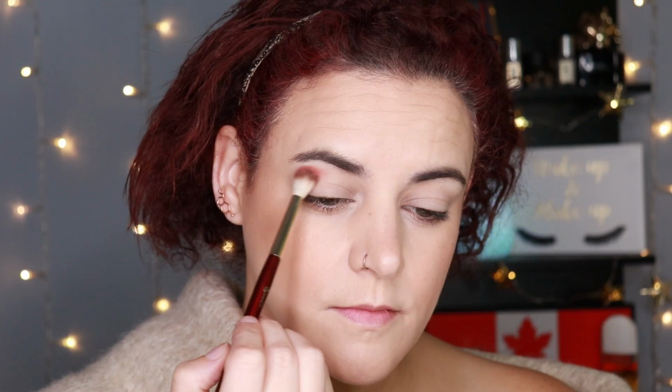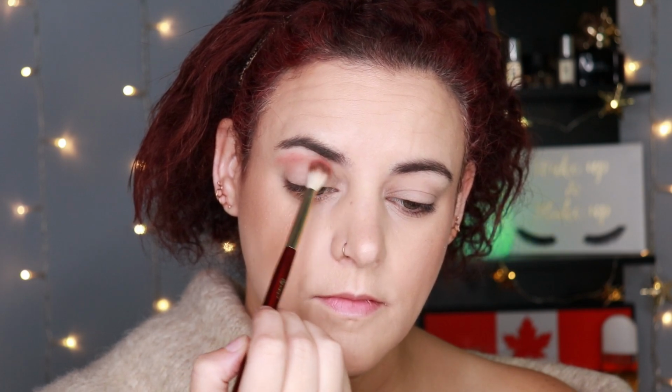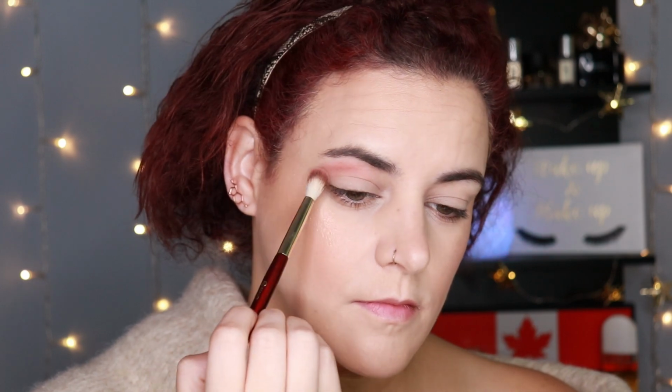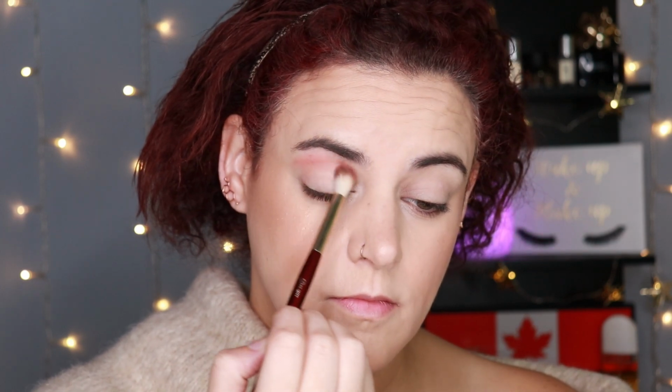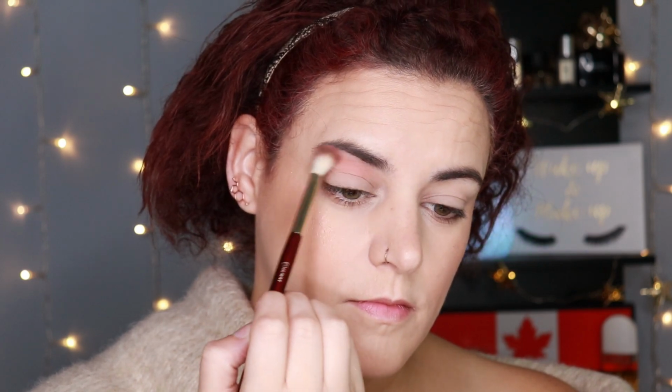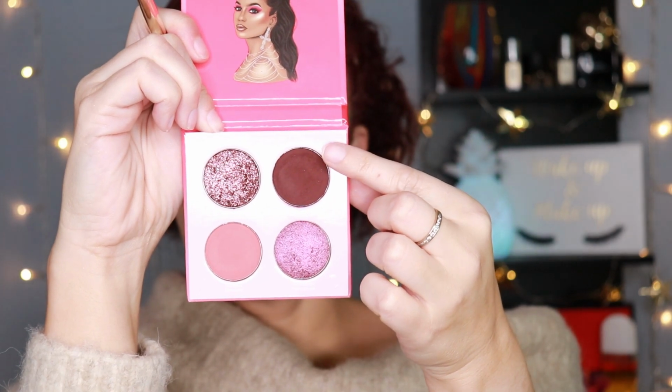Alright, now on to look number 2, and I'm starting off with the shade called Dominant, and I'm applying that with a BK Beauty 201 blending brush. And again, I'm just applying it lightly. It is a lighter shade, but it's still deep compared to my skin tone, so I just used a light